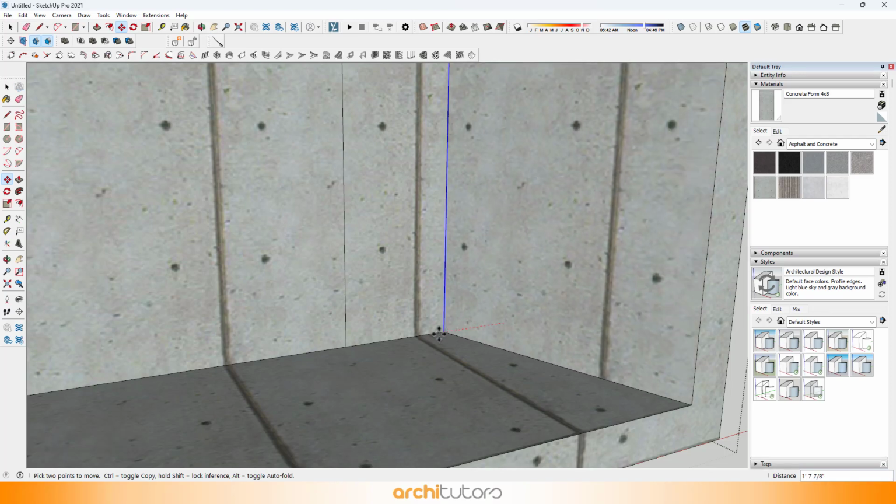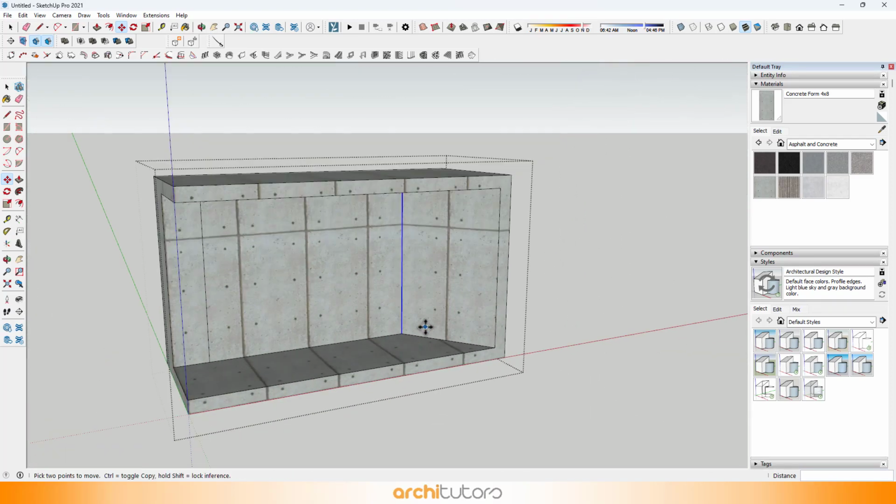Now to make a tapered surface, we can move the edge of the wall. Move it in.